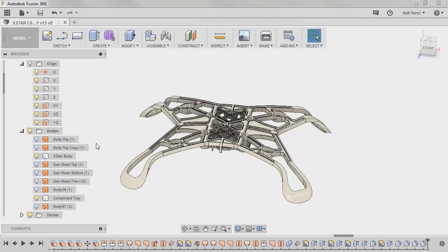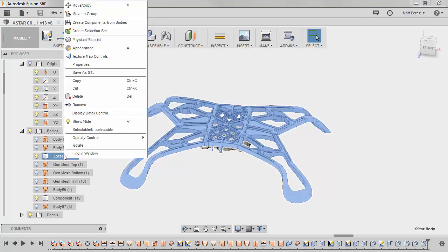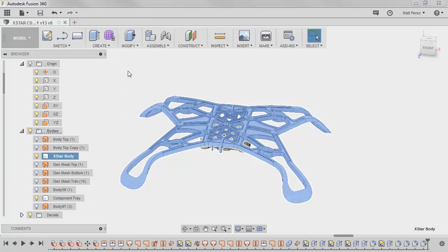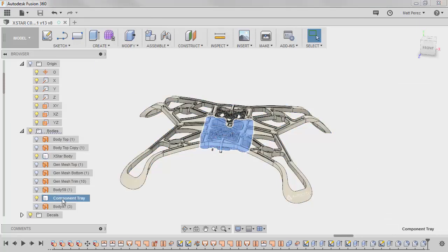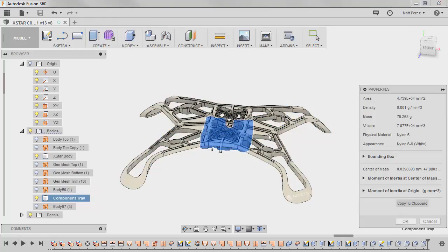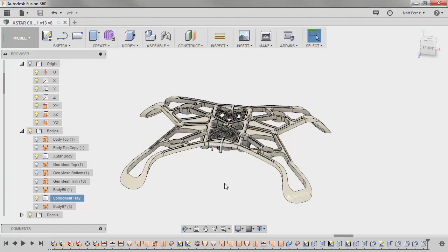The first thing that I want to do is check on the mass of these bodies. So I'm going to take a look at the X-Star body. I want to see what the current mass is, and we're at 245 grams. If we check on the component tray properties, we're at about 80 grams, so 79.2 grams. So we're a little bit over our 300 gram goal. We're about 20 to 30 grams over that. And that's okay. We're still within a reasonable margin, and there are things that we can do to lighten this